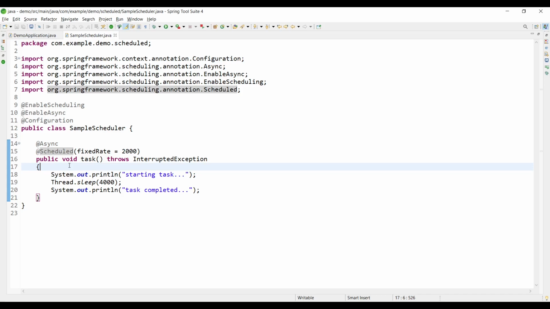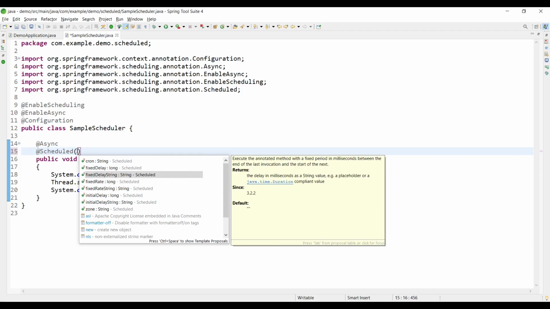On the other hand, if you used fixed delay in this, fixed delay will always be executed after that particular delay. So let's say your task started at 5 p.m. and it will take 5 minutes to execute the task. So at 5:05, your task has been completed. So now it will take another 1 hour. After that, it will be executed. So the next task will be executed at 6:05, which is not what you want. So based on your business logic, you could decide what you want to use, whether a fixed rate or a fixed delay.